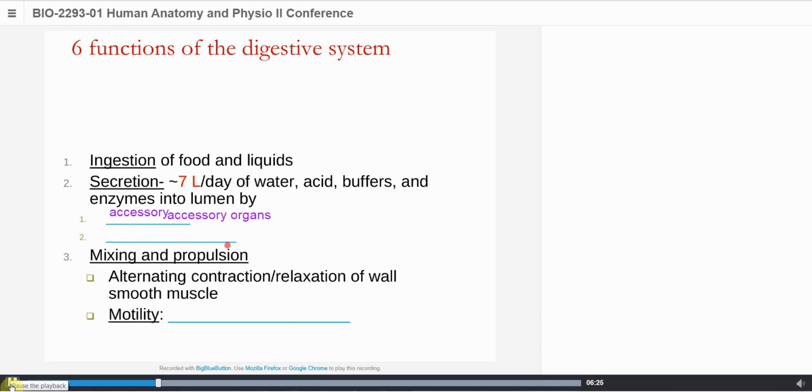All right, and the other is the tract lining itself. All right, so mixing and propulsion, pretty important. Mixing is moving the food substances around in and around the fluids with the enzymes to help break down the food chemically. Okay, that's done by how contraction's controlled. Motility is a key component here, and that is defined as mixing and propulsion